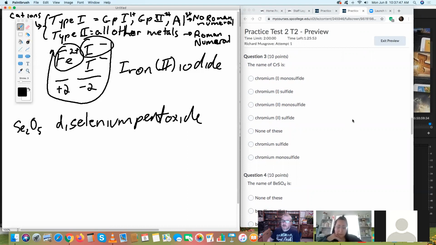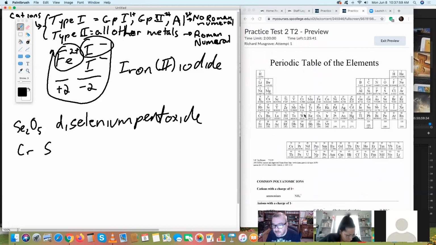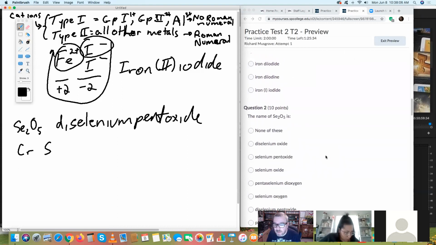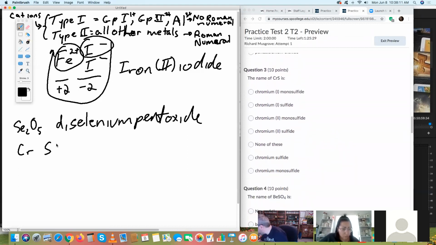All right, let's look at this one here, CrS. So Cr and S, and if you look at the periodic table again, you see where Cr is. You'll notice it's a metal, but it's not in group 1, 2, or aluminum, right? So automatically we know we need the Roman numeral. And we know that S is -2, which means the total charge is -2. That means the positive charge is +2. And the name would be chromium